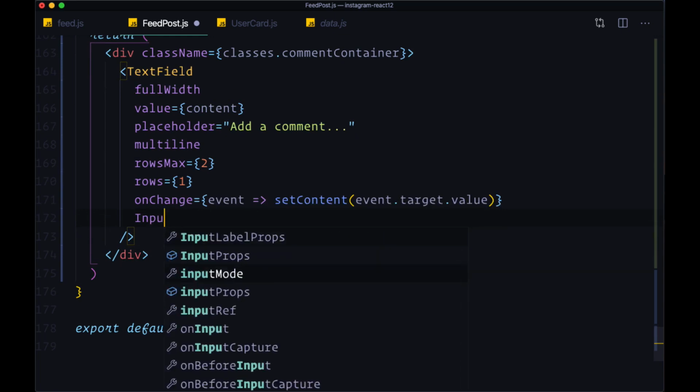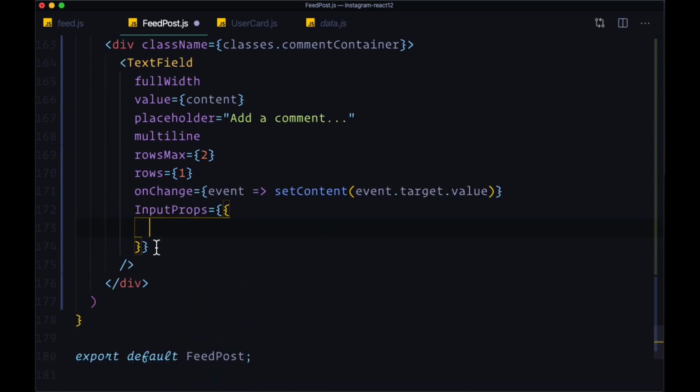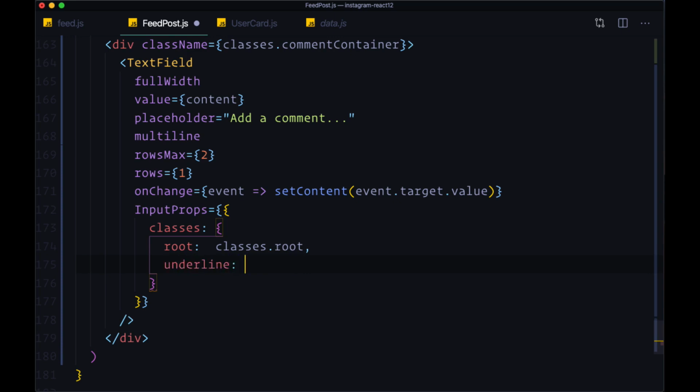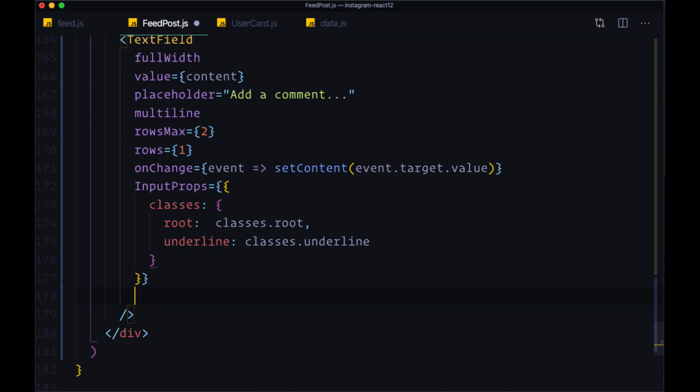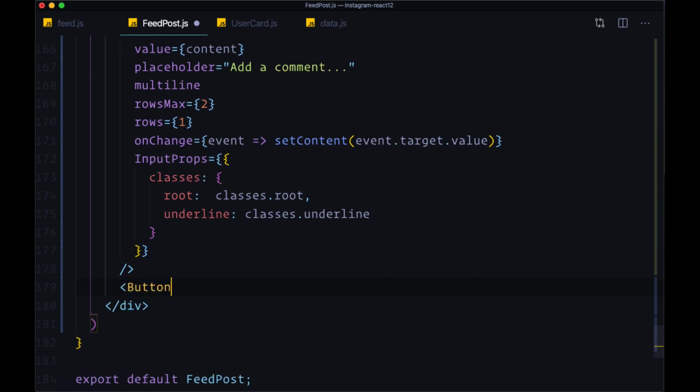Then the text field itself will have some input props, so we'll use the input props prop here, and we just want to use the classes property it exposes, where we want to set the root, the root class of the underlying input to classes.root, and the underline to classes.underline. Just to make it look more like Instagram's text field, and then underneath we're going to have a button